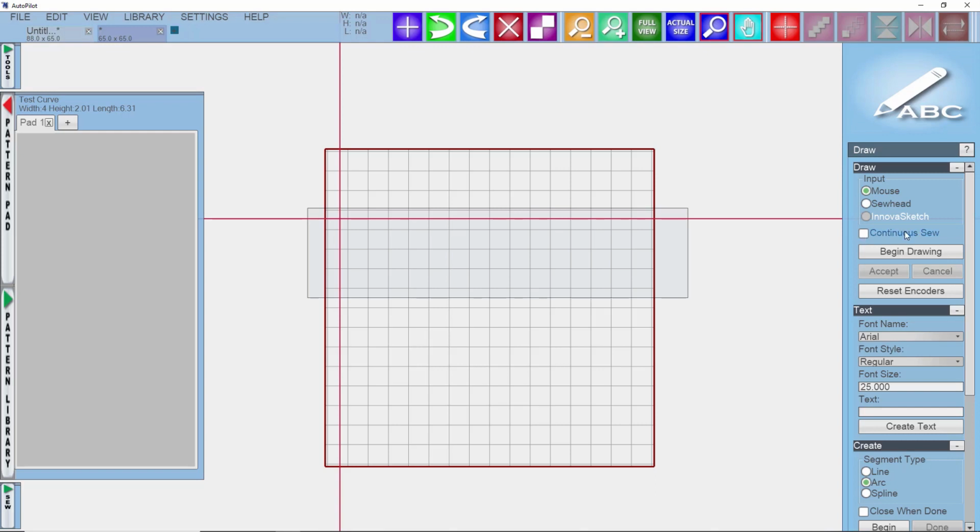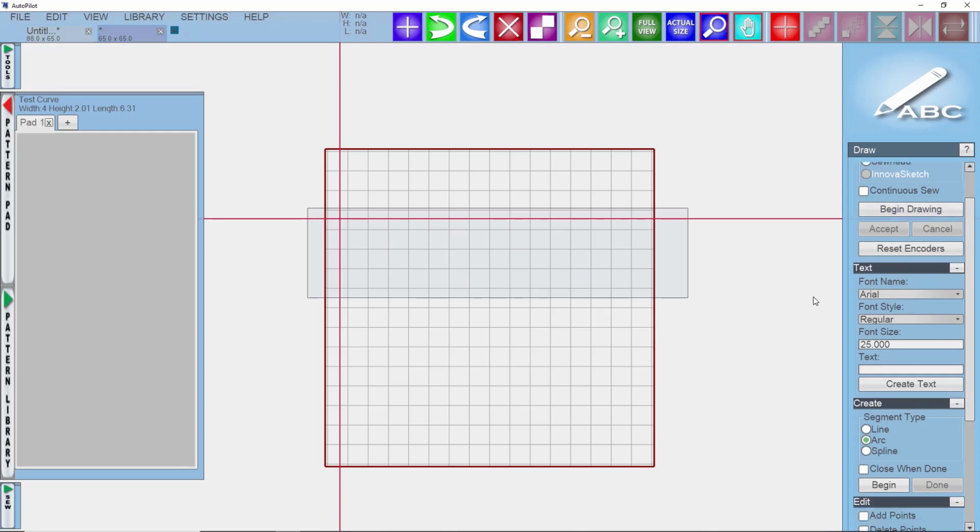If you do check continuous sew, then your start and end are going to automatically connect, and that's the best choice to use if you're going to try to create a drawing that you might want to use as a mask later on. We talked last week extensively about the text and font options,